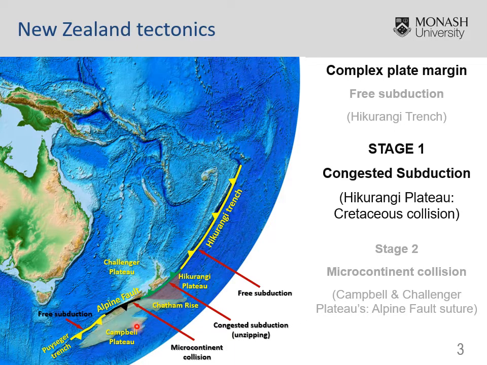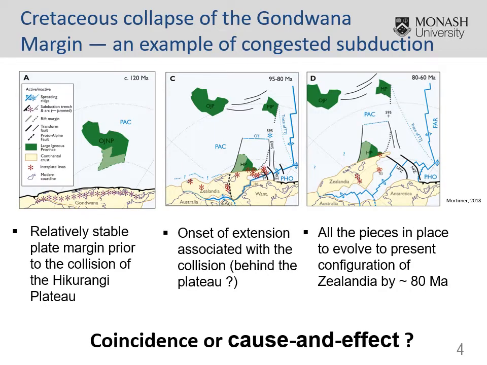Today in this talk we're going to focus on that first stage of congested subduction between the Hikurangi Plateau and the east Gondwana margin. In a recent paper by Nick Mortimer from GNS in New Zealand, he articulated a tectonic model whereby the Hikurangi Plateau collided with the eastern margin of Gondwana. This collision triggered an instability which finally led to the breakup of Zealandia from East Gondwana and the opening of